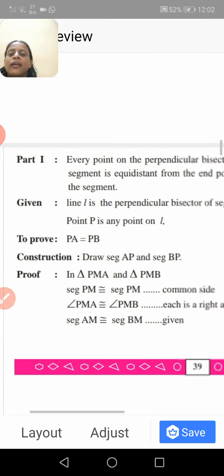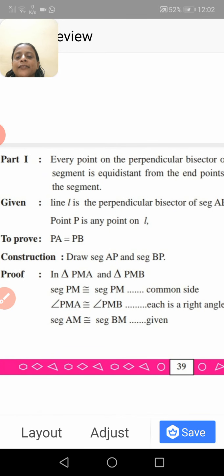Next, we are learning the perpendicular bisector theorem. Perpendicular bisector of a line segment. You have learned in the smaller classes to draw the perpendicular bisector of a given line segment. Do you remember that? What do you mean by perpendicular bisector? A line which goes through the midpoint of a line segment and makes an angle of 90 degrees with the line segment is known as the perpendicular bisector. Or a perpendicular line which divides the line segment into two equal parts is also known as the perpendicular bisector. So many ways we can express the concept.